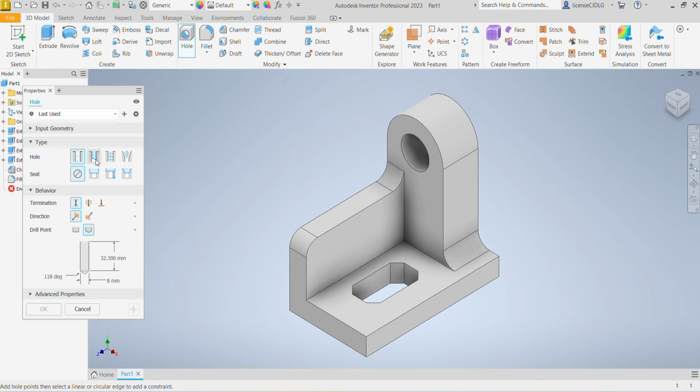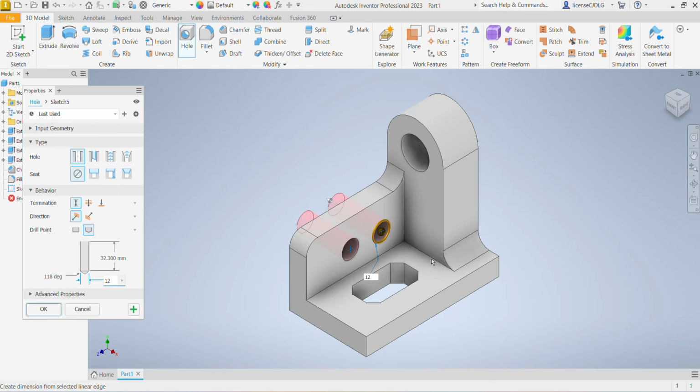Here select simple hole also we can create. The diameter is 12 mm. Here